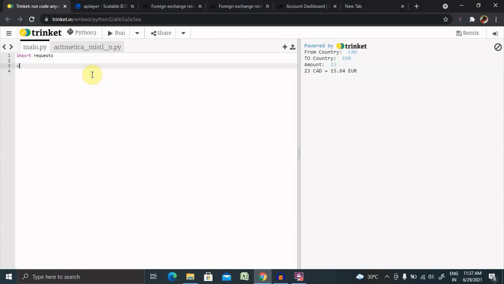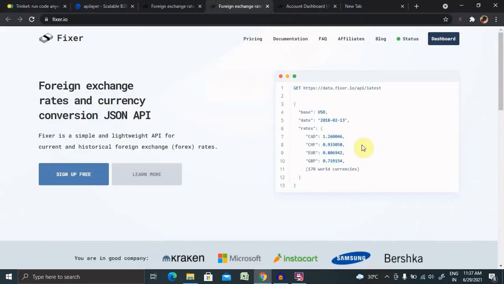Now I am going to create a class called CurrencyConverter, and based on this class we are going to define different attributes. If you look at this foreign exchange website, you will find rates is a keyword inside the JSON file, so that we can get these attributes.